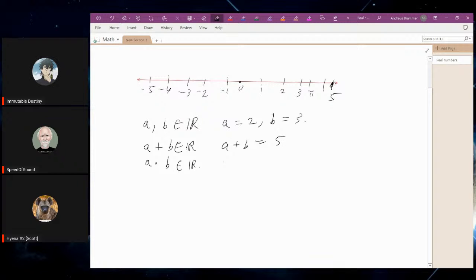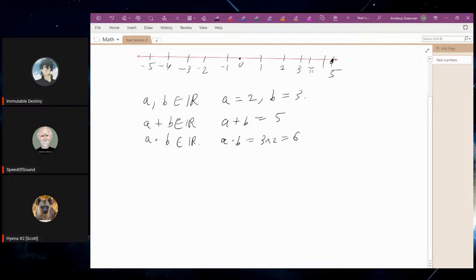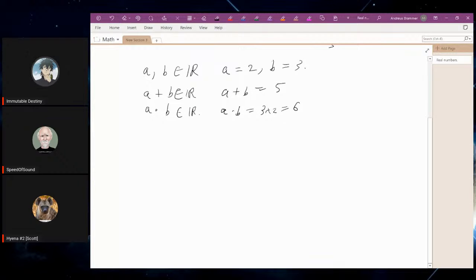And A times B is 3 times 2, which is also a real number, 6. So a graphical idea of what real numbers do is they either shrink or expand on the number line based on their value. So some rules regarding real numbers is, for instance,